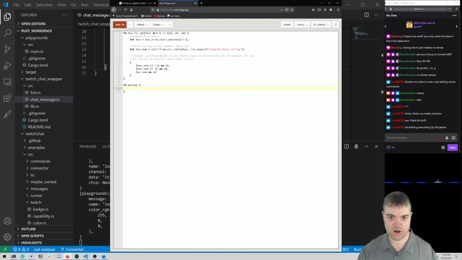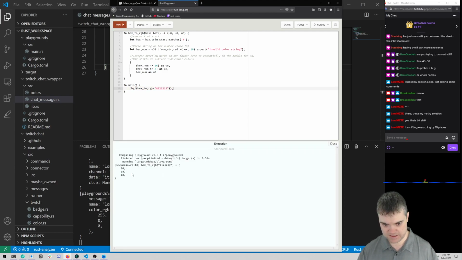We can then call, let's see, debug hex to RGB, and we're going to pass it the string, which would be something like hash 121212. And let's run this, and we get 18, 18, 18. Perfect. This is pretty nice.